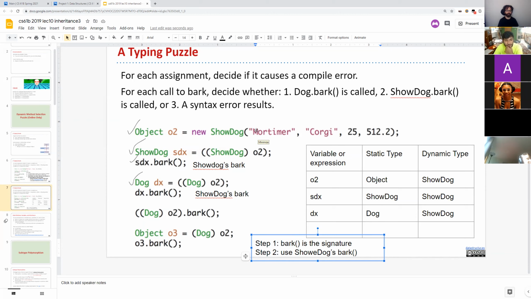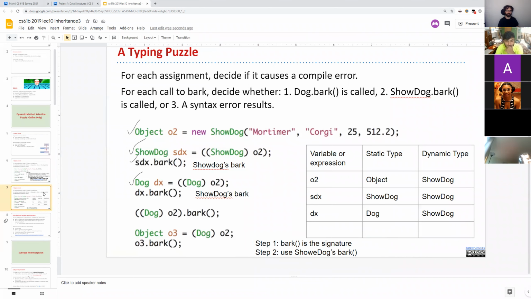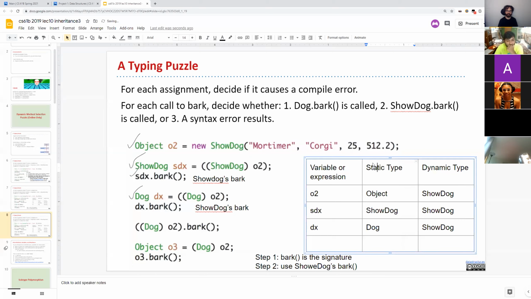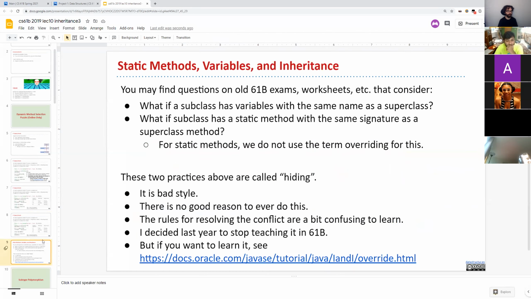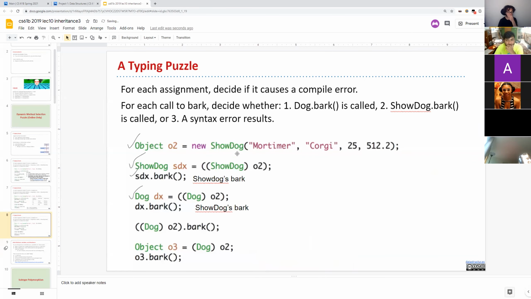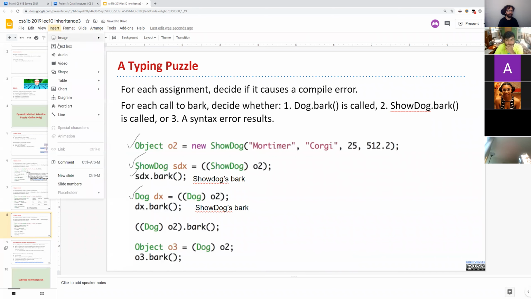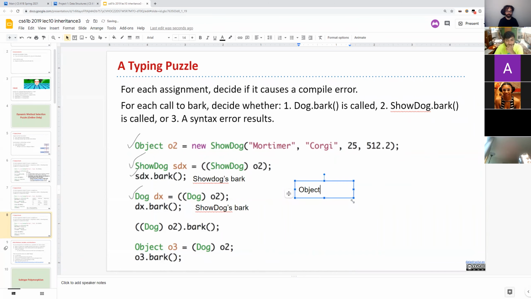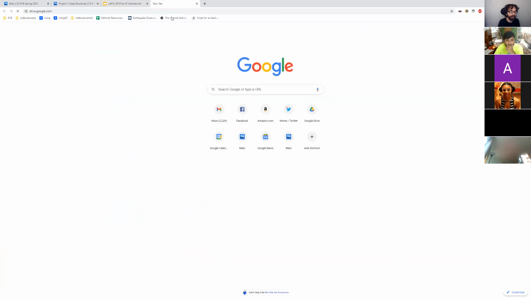So why does the dog not make the dynamic type a dog? So the dynamic type is the type of the actual object. So another way of thinking about this, let me make a copy of the slide. Do I have actually this code in a way that I can run? No. Okay, I'll draw it myself. So if we think about the memory boxes here, we have object, or I have O2. No, I'm going to grab something from a previous lecture, okay? The very clearest, best diagram.